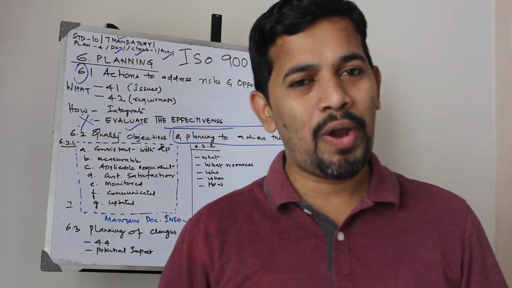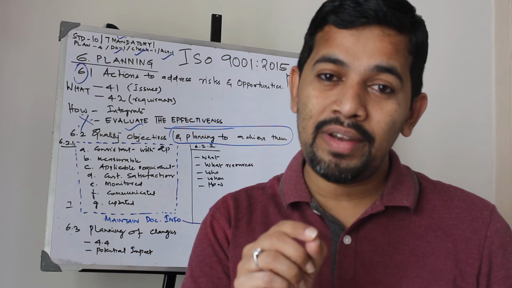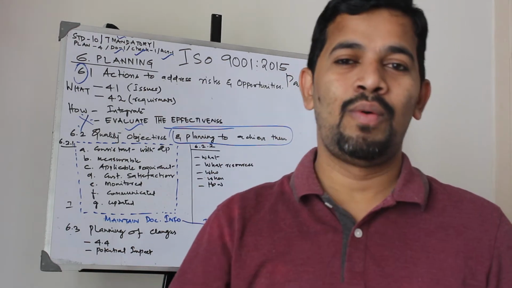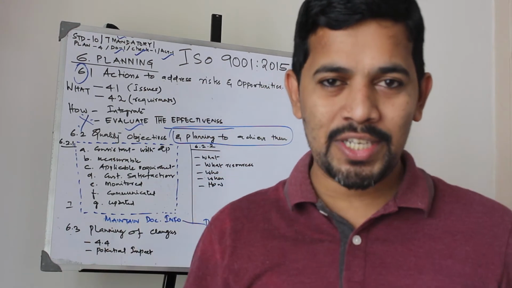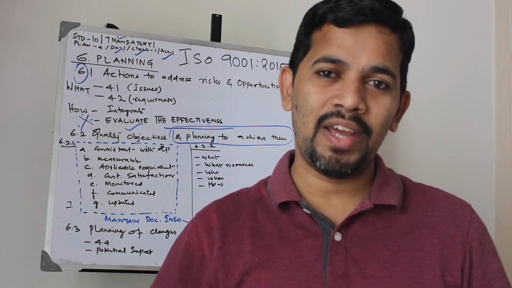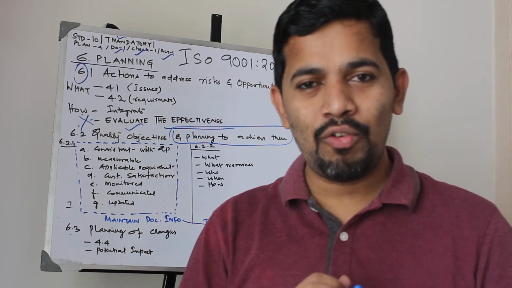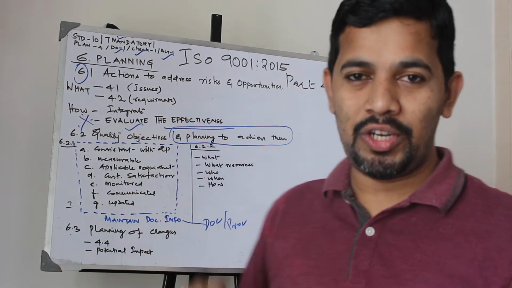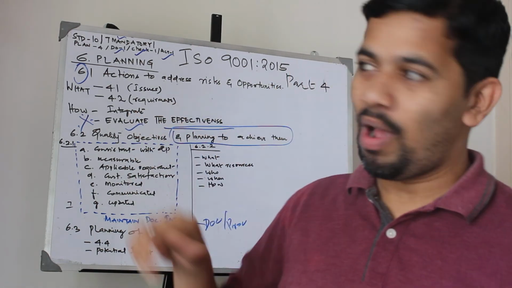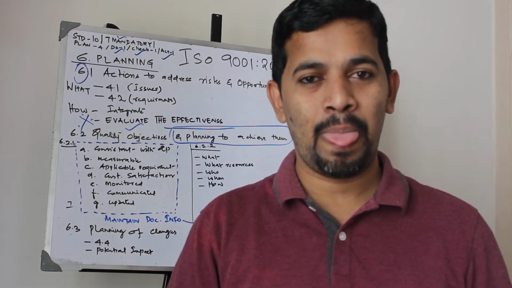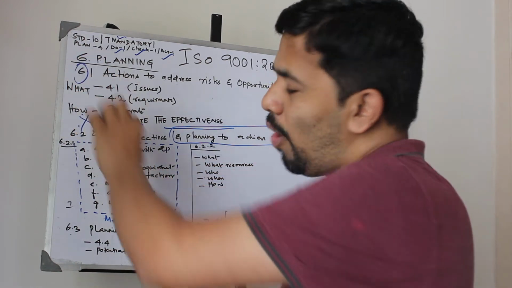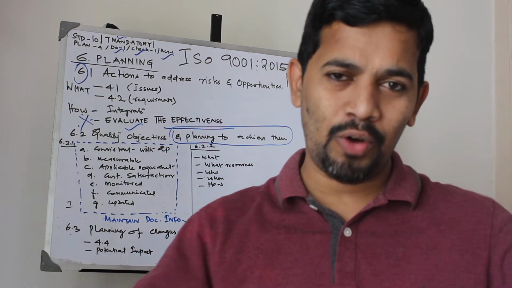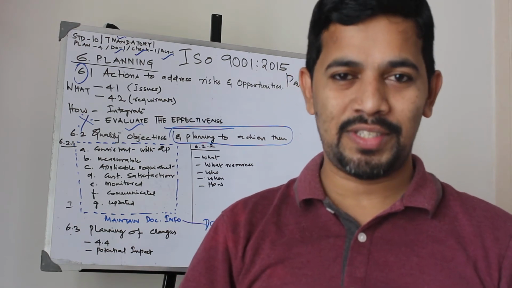4.2, you all know, the requirement of interested parties. You may have different interested parties like suppliers, employees, all these. We need to find out the requirements and then build the risk and opportunity model, right? The same thing we did for 4.1. And this is the what portion and how portion. It also says that at the end we have to integrate all these into the quality management system.